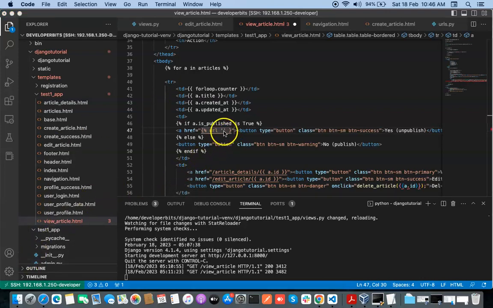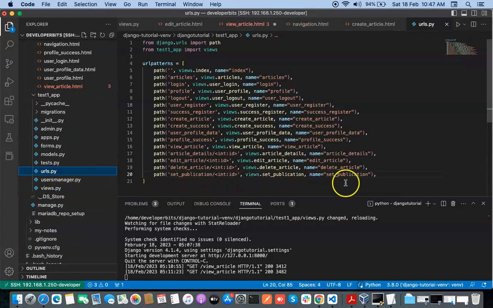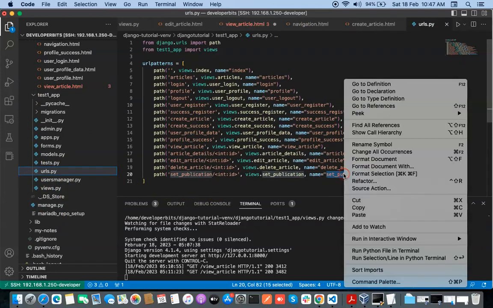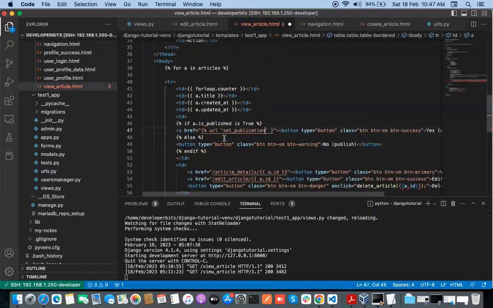So we shall put the name of the URL here which we have created recently. Just go to urls.py. We have already created set_publication, so you can just put it here and complete this naming tag. So this will render the actual URL. So we have put a URL here, and we also need to pass the